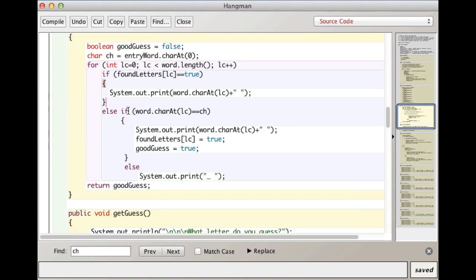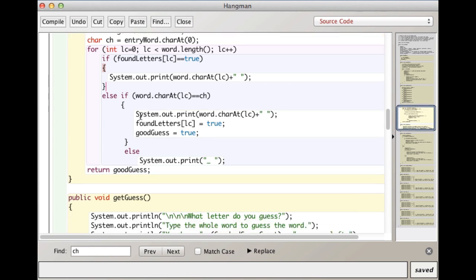Else, if the word.charAt equals ch, right? So let's say the word was beach and the user has typed A. So when LC gets up to 2, the character at that position is A. The user typed in A, so they're the same. So then we would print out that character, the A,